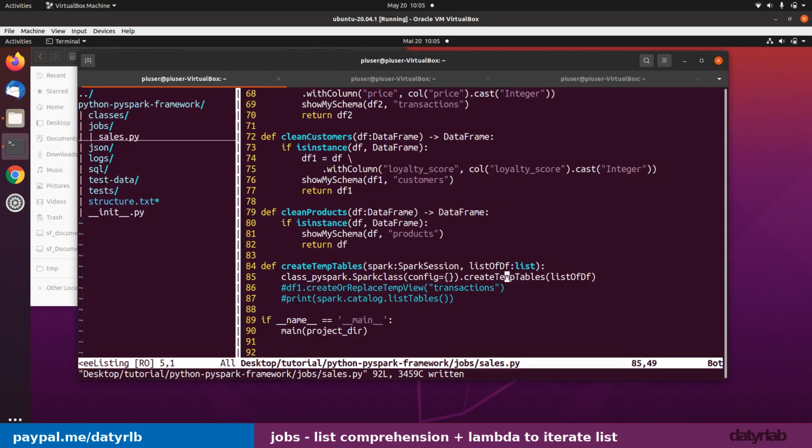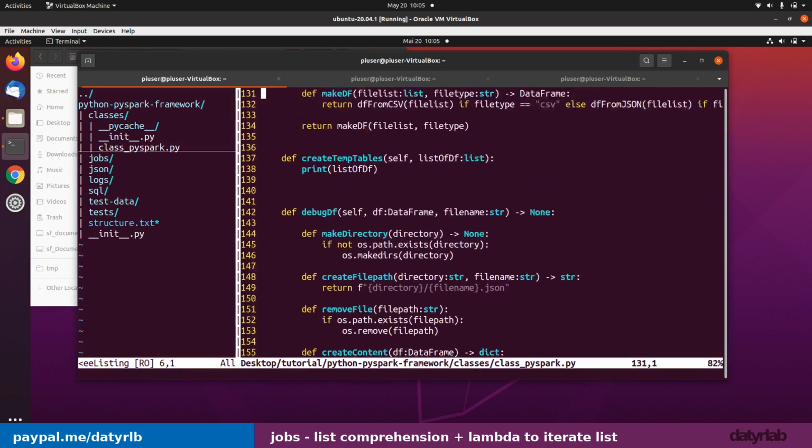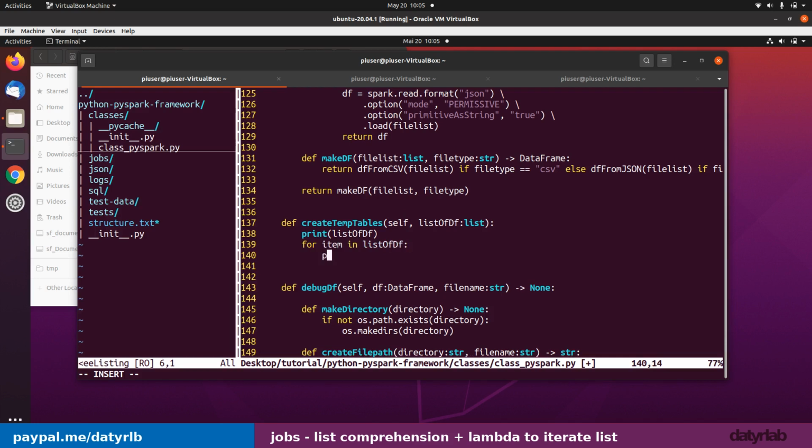So what I can do when I receive that, I can receive that data to the class as a list, and then start doing. I can pass through that list, right? So typically, the way you would pass through that list, if I just go back over to classes, you can write a for loop, right? So I can now say for item in list of df, right? You get the picture, and then I can print out each element or do stuff, right? But we're not going to do it that way. We're going to be functional, and